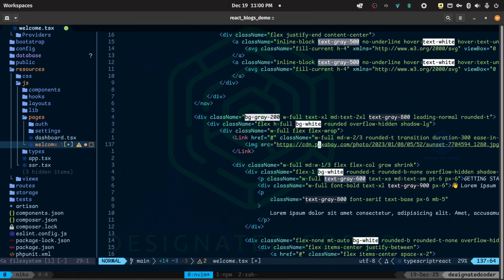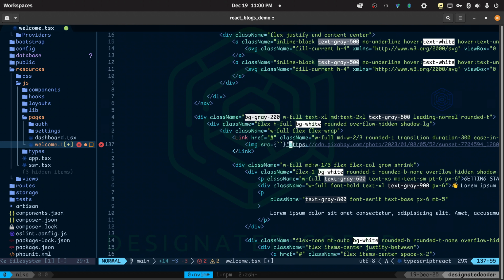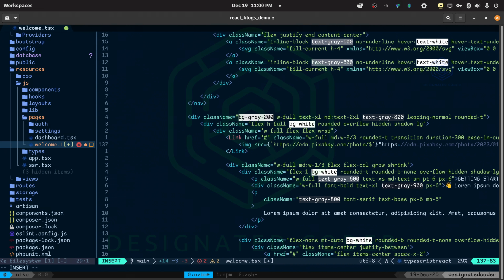But the image we are going to change up. And temporarily, I am going to put some curly brackets here and some backticks. Because remember, we just seeded the database with a bunch of images. I am going to just go ahead and grab everything on this line from here to here. And then here, I'm going to put a $ sign because we're going to use the featured,